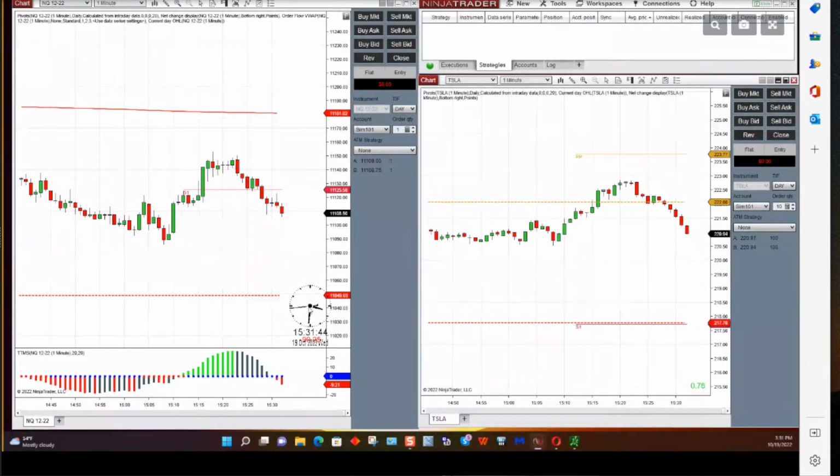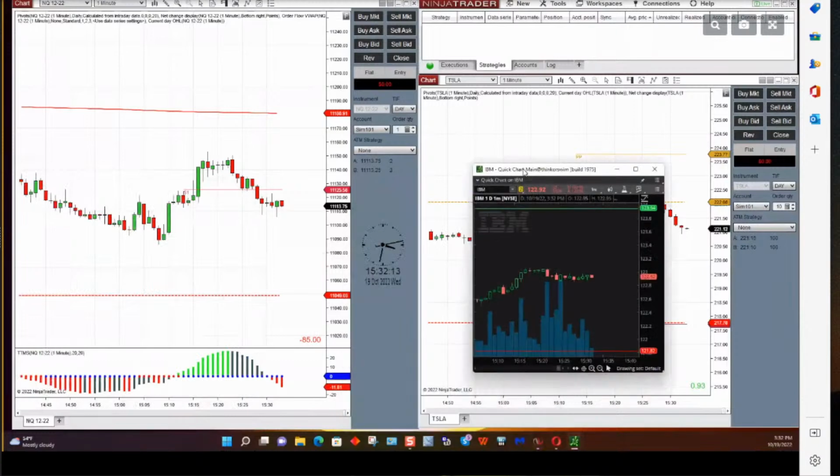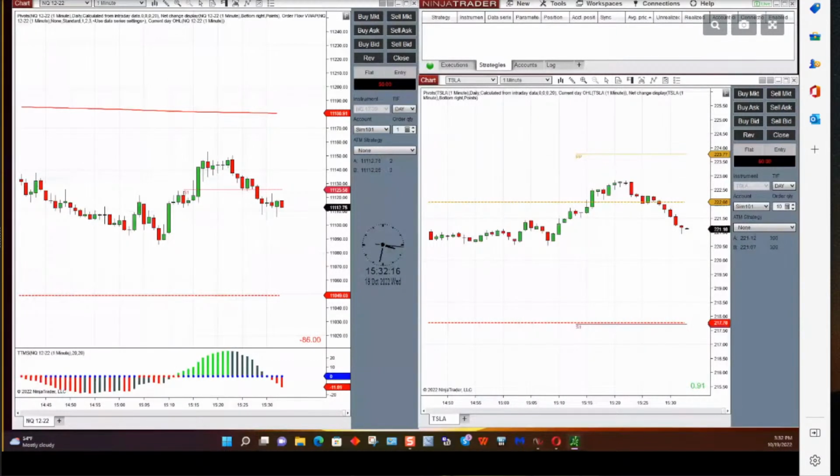So just as a reminder, we are using NinjaTrader, the platform to trade futures. I've also got a multi-broker account where I am looking at the actual stock price of Tesla and a couple of other things that I want to talk to you about as we go on. So I'm looking at Tesla on the right. I've got multiple connections. I have a thinkorswim account also, and I look at thinkorswim charts. So a whole bunch of tools that I use to help me trading